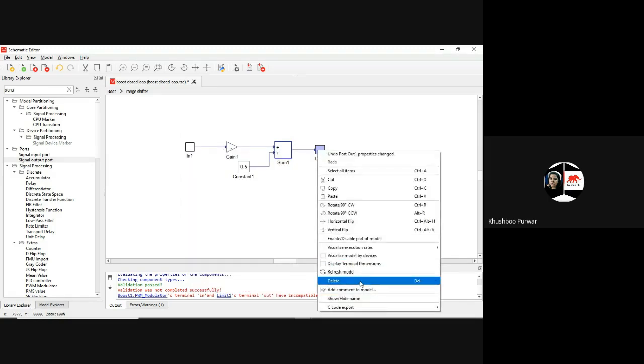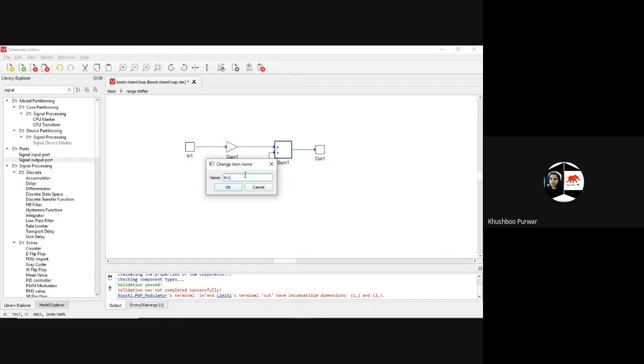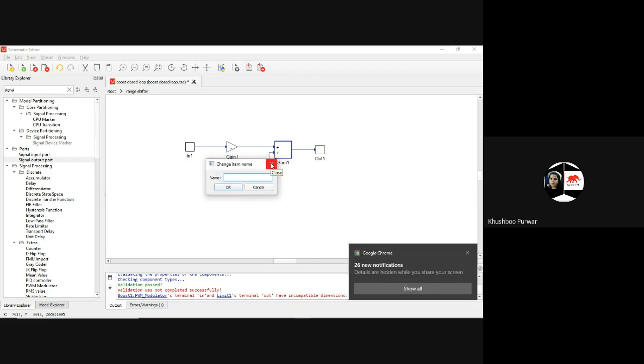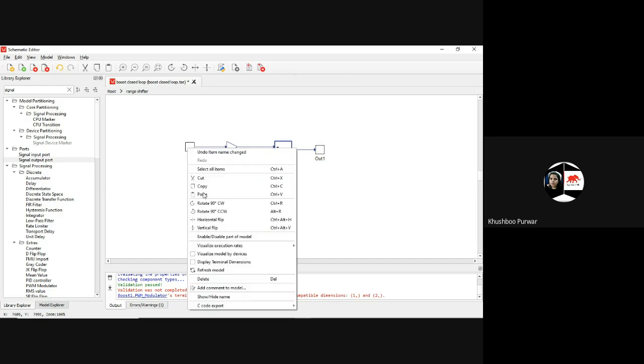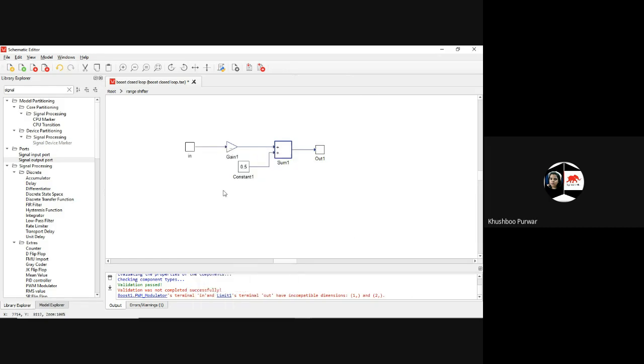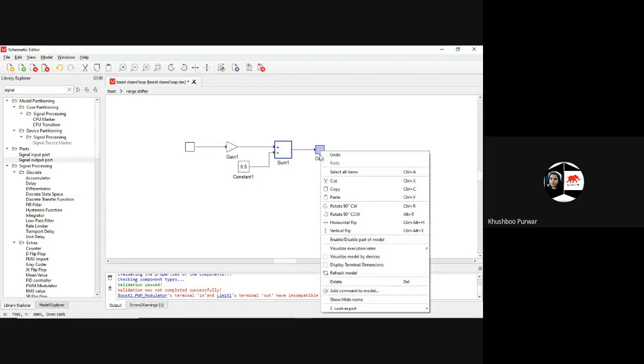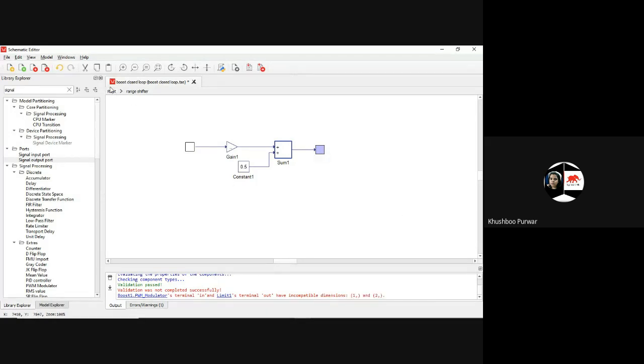If you want to hide the name, click on this and hide the name so that it should not look dirty there. Come back to the root.